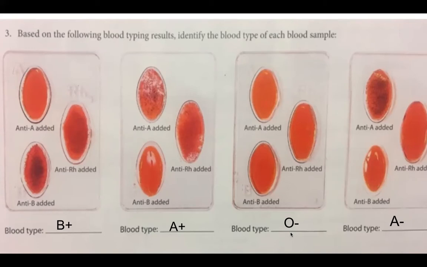It didn't clot with the antibody A, it didn't clot with the antibody B, and it didn't clot with the anti-Rh antibodies, so we call that O negative. And in the fourth column, you'll notice it clotted in the A only, not the Rh factor, so we call it A negative blood. All right, now, if we go back to our original slide, let's take a look